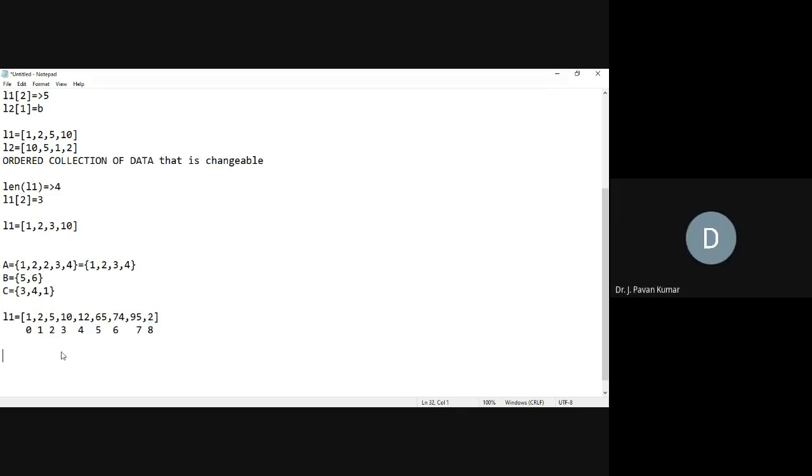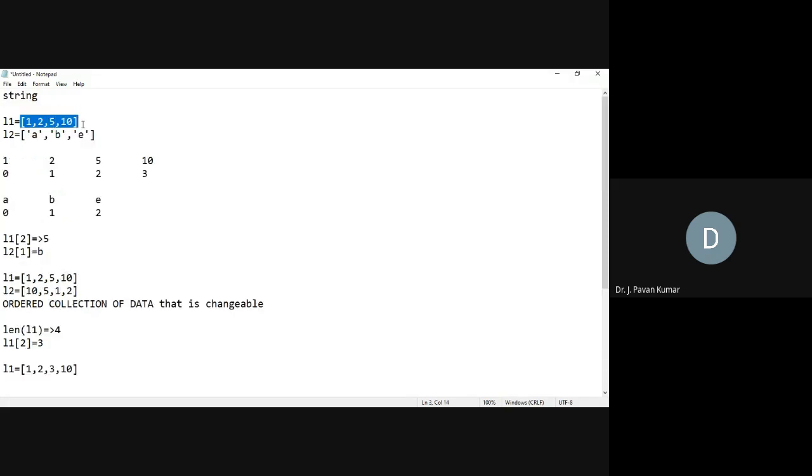One more thing. In lists, the list we have seen so far is one type of list where we have only integers or numerical data. Here we are having characters. As we have discussed with respect to the definition, it is a collection of data. The data can be numerical elements. This data can be some other objects. Data can be strings. Data can be characters as well. That means we need not have a single type of data only in a list. We can have a combination as well. Like 1 to 5, 10 we can have, and apart from that, we can have a, b, c also as part of one list itself.